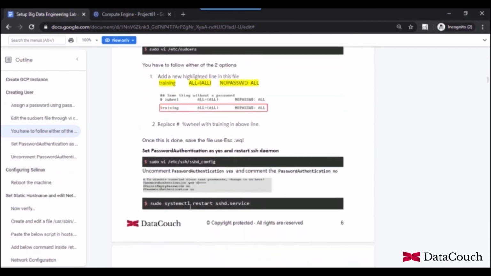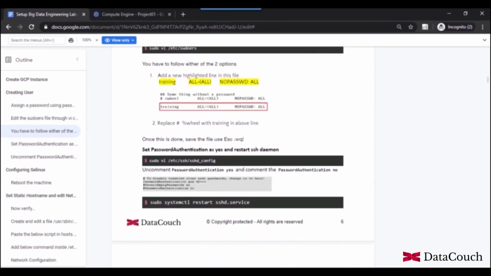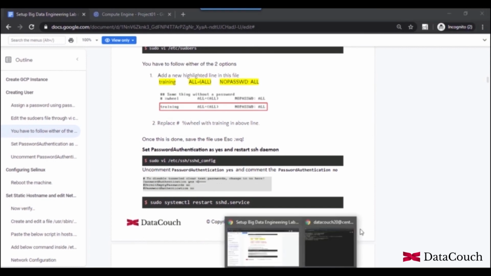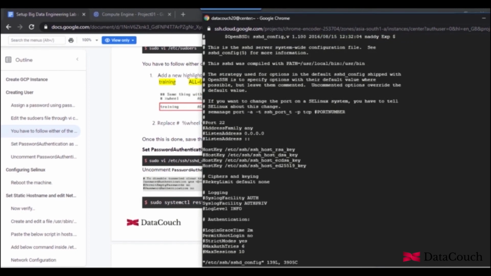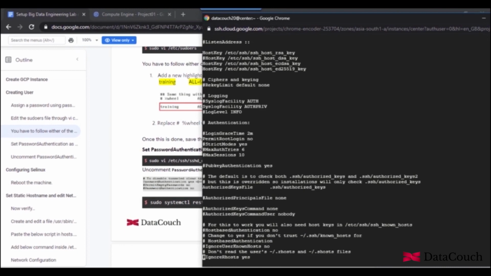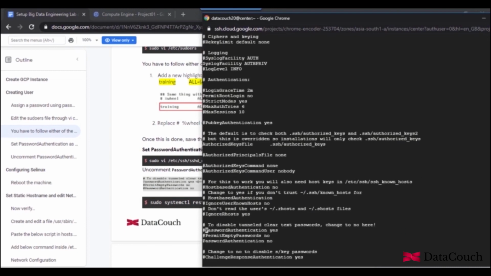Once that is done, we set a couple of parameters. We set password authentication yes for this user, and then we restart the SSH daemon and ensure that this parameter is set.